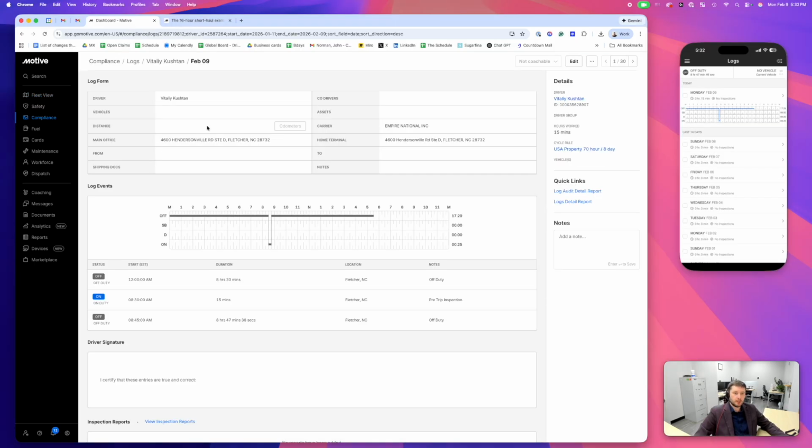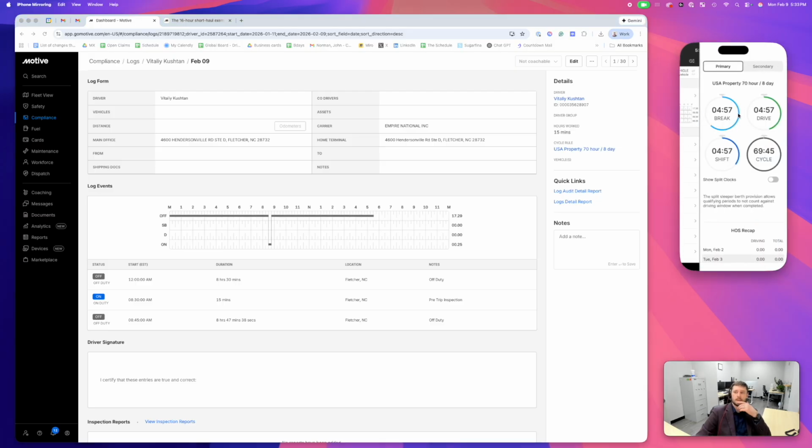Here's what it would look like to the office when we log in. We would see the driver was off duty, went on duty at 8:30 a.m., did a 15-minute pre-trip inspection, and then went off duty. So if this driver was calling us and checking his available hours for the day, the driver will see that he's only able to drive 4 hours and 57 minutes. And that is because